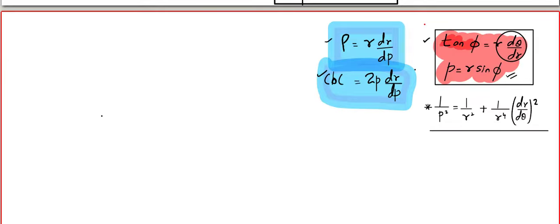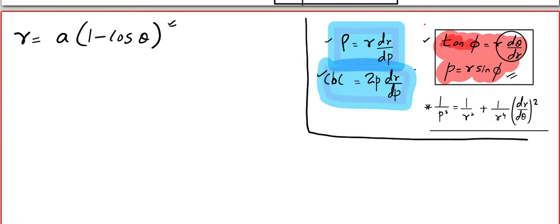Okay, so let's give it a try once more. Let's work out one more question. The question is, find the pedal equation for r is equal to a into 1 minus cos theta. You know this curve, it's a cardioid. Okay, so look at this. You have to be very good with all these formulae. Now remember, if they ask you to find the pedal equation, use only the red color formulae. If they ask you to find the radius of curvature, or hence find the radius of curvature, use the first blue one. If they ask you to find the chord of curvature through the pole, use the second formula.